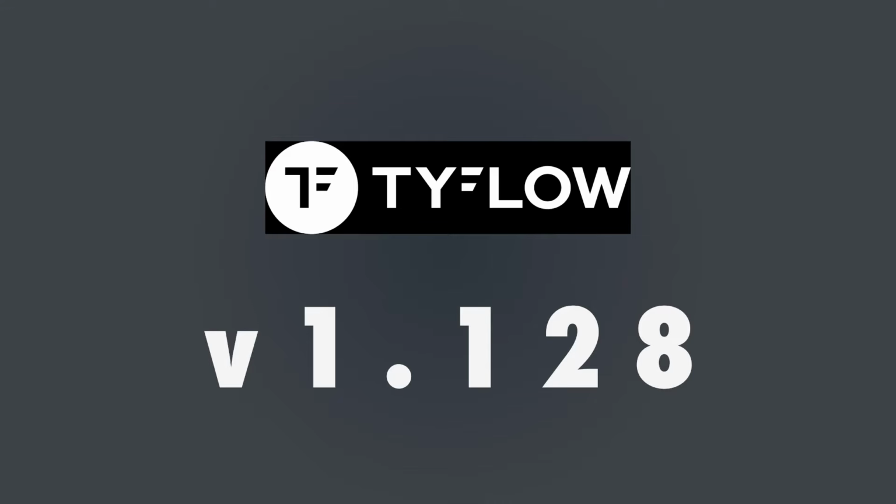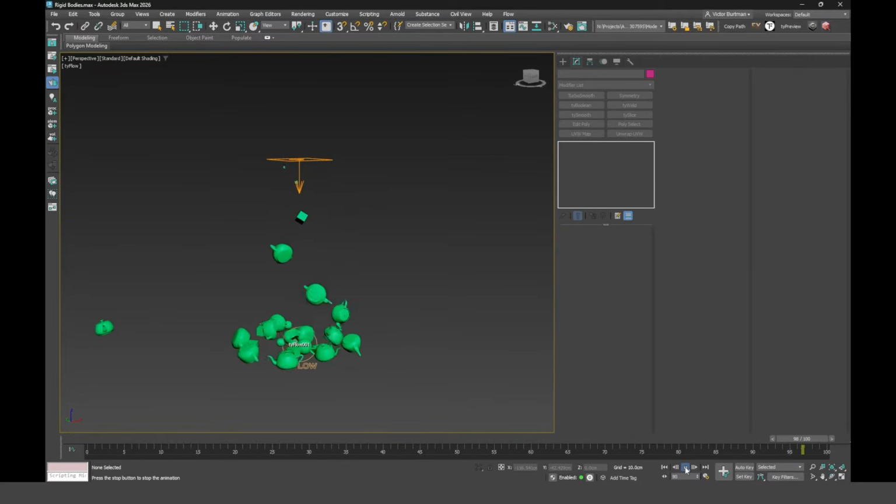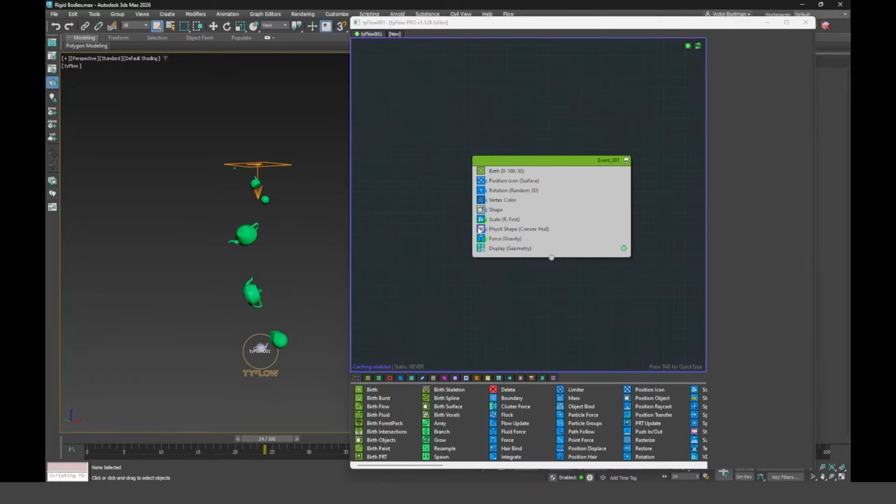The most important thing to have is TyFlow. You can use the free version, but make sure to use the version 1.128 or above. Let's get started. In Max, I've got a very basic TyFlow particle system, and to export it, we can simply